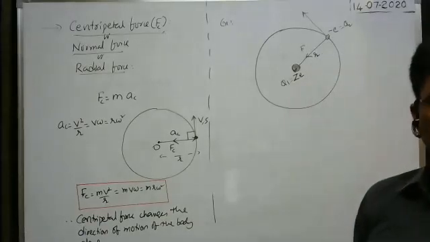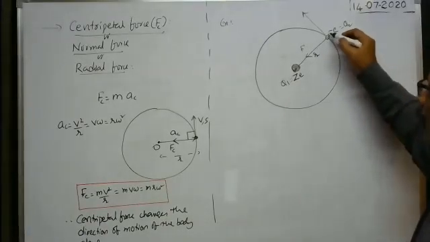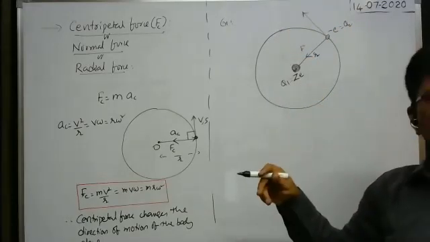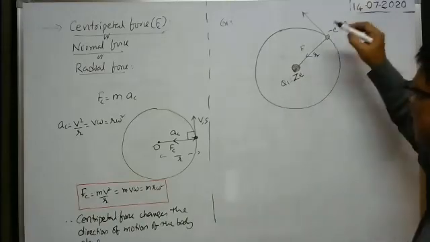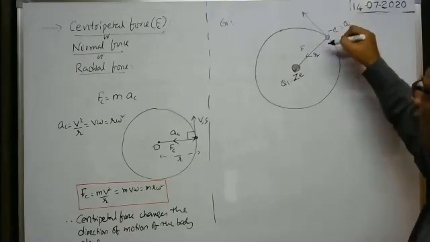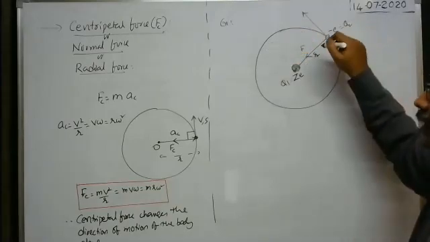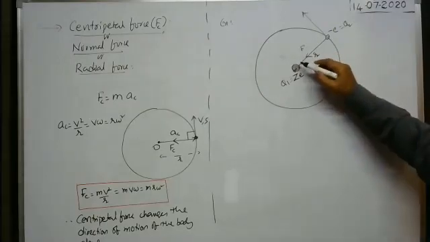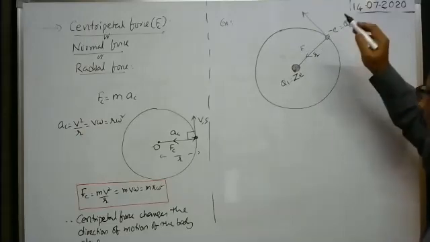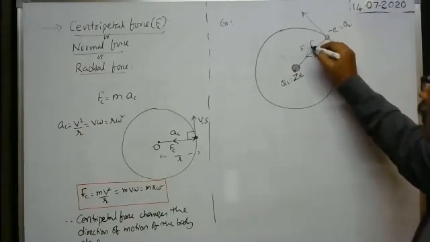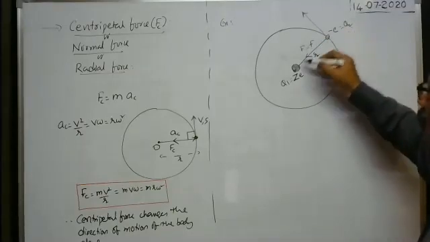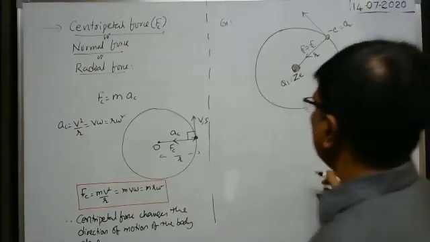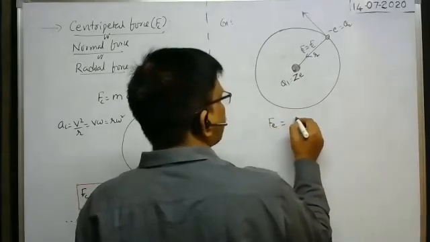In order to move the particle along the circular path, the direction of motion changes from instant to instant. To change the direction of motion, definitely some force acts on the particle perpendicular to its direction of motion. Then only the direction of motion will change and the body travels along the circular path. That's why the electrostatic force of attraction between the nucleus and electron provides the necessary centripetal force for the electron to travel along the circular path. So the electrostatic force of attraction Fe is equal to the centripetal force Fc.